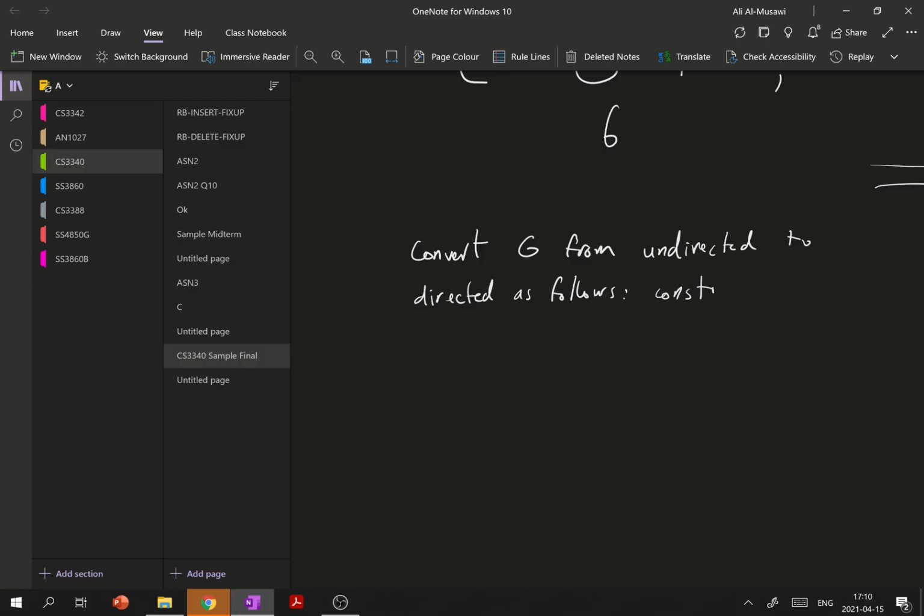You construct a directed graph G' = (V, E'),